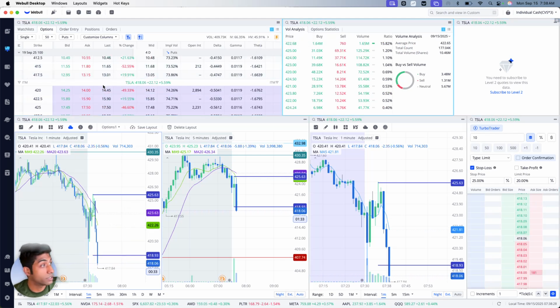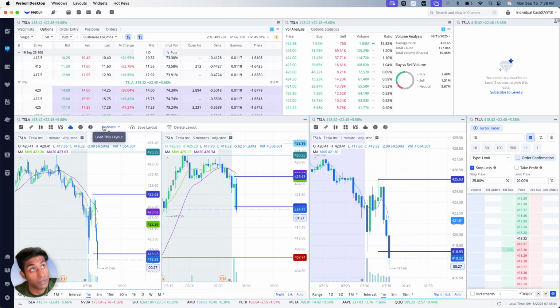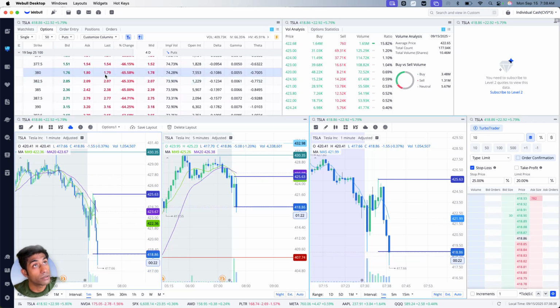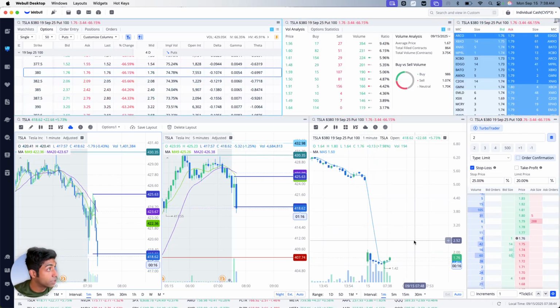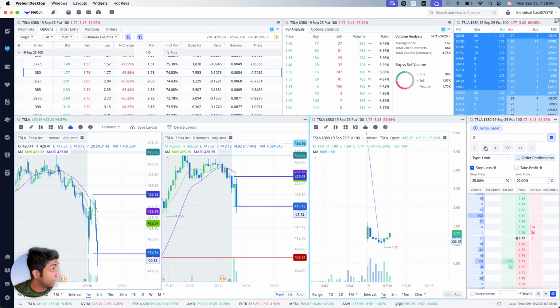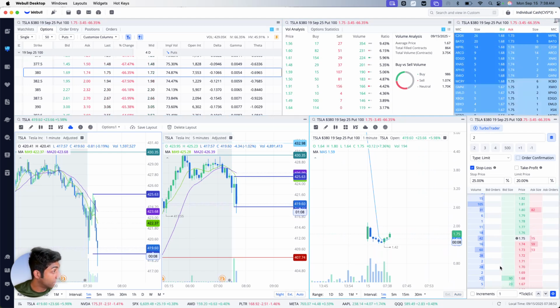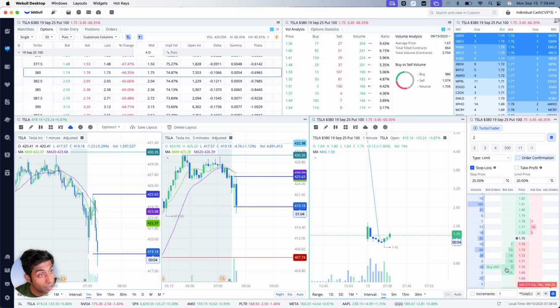Looking at puts with Tesla, I had marked 390, 380. 390's pricey, 380's there. So this is where it's at. I would buy two of them at 170 as long as